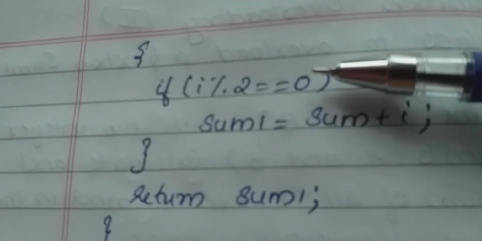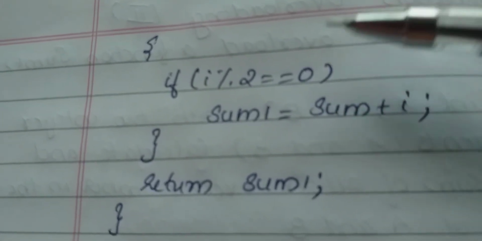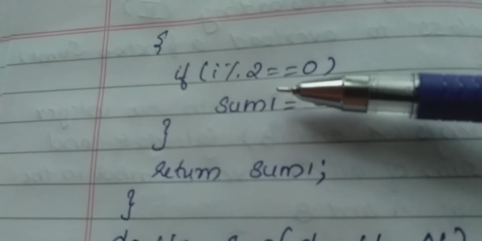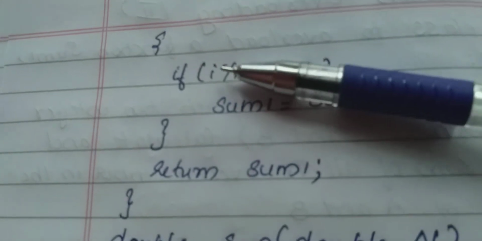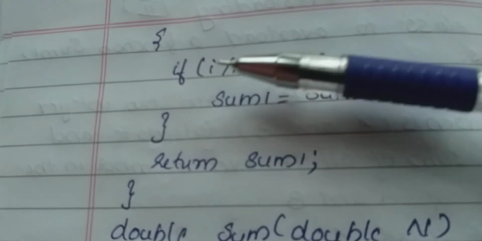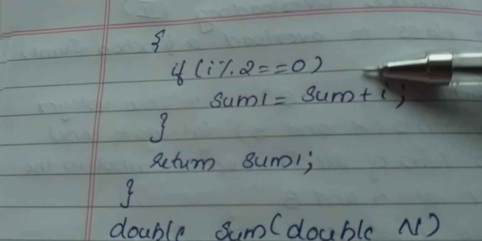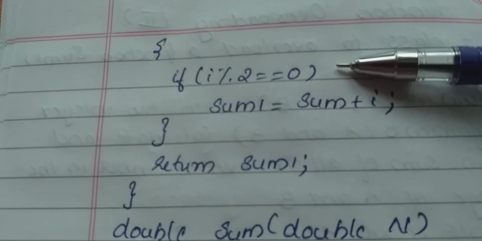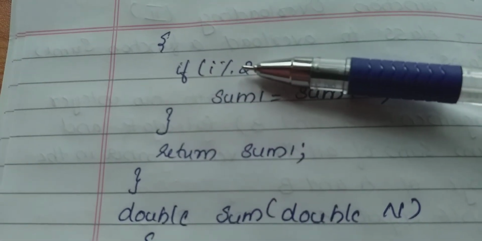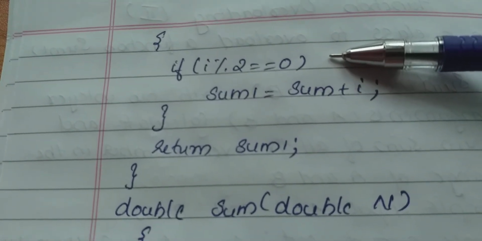So what is the next thing we want to do? We want to check whether the entered first number is even. If it is even only, then we want to add that particular even number with the variable sum. So we are checking this with the help of an if statement, that is if i mod 2 equal to 0. So this is a condition for checking whether the given number is odd or even. If the value of i divided by 2 leaves remainder 0, then we can say the particular number is even.